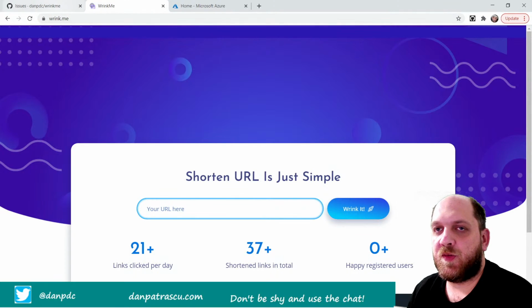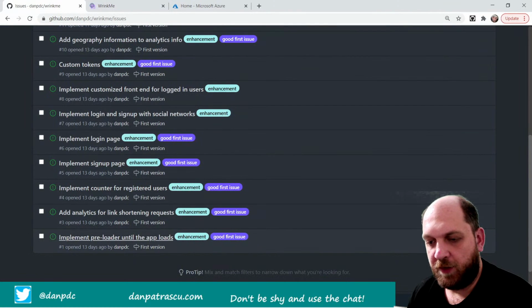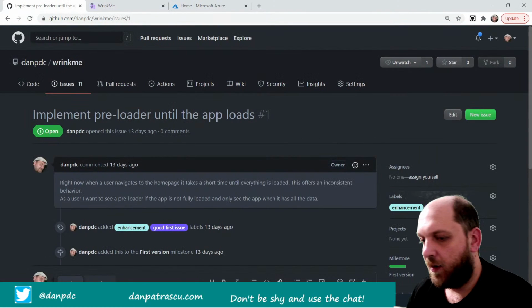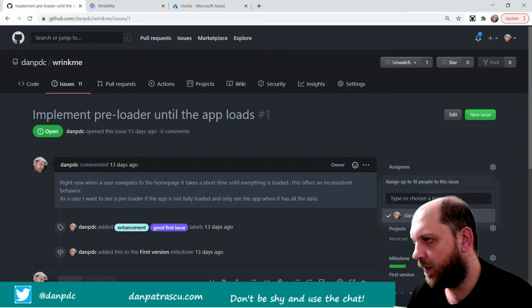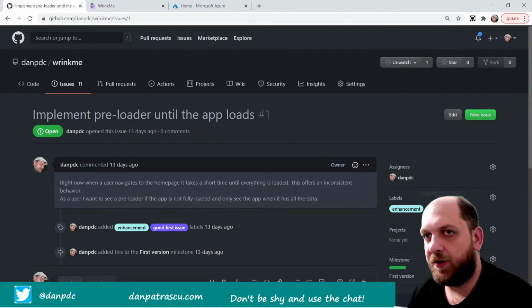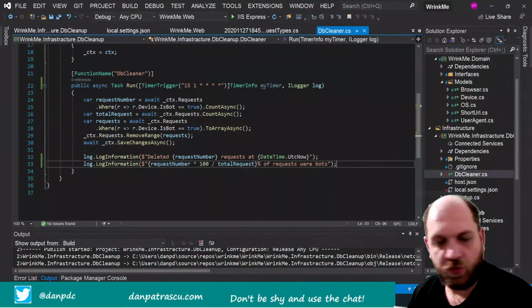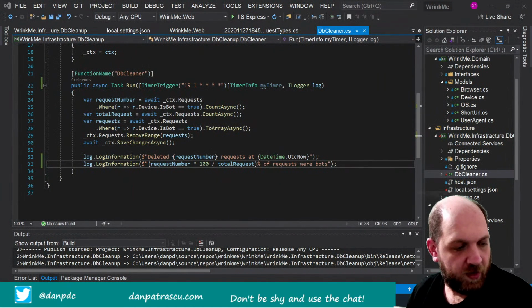So yeah, let's start with this issue. Implement preloader. Let's open it. I will assign it to me so that everything is clear. And yeah, let's start working on that. Let's see